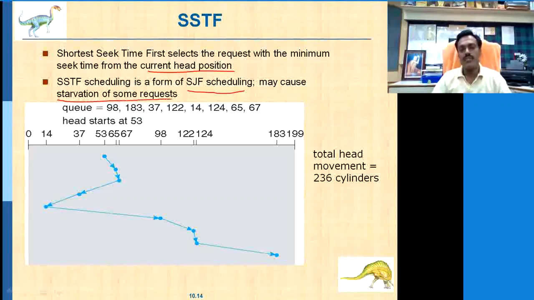At the end of this, I will talk about this starvation and this drawback. Now let us see what is SSTF. Now the first service is the 98 cylinder. Now the head starts with 53. If you observe, if it starts with 53 here, then from 53, instead of transferring the data from the 98th cylinder, it goes to the shortest cylinder from this 53, among all these requests,